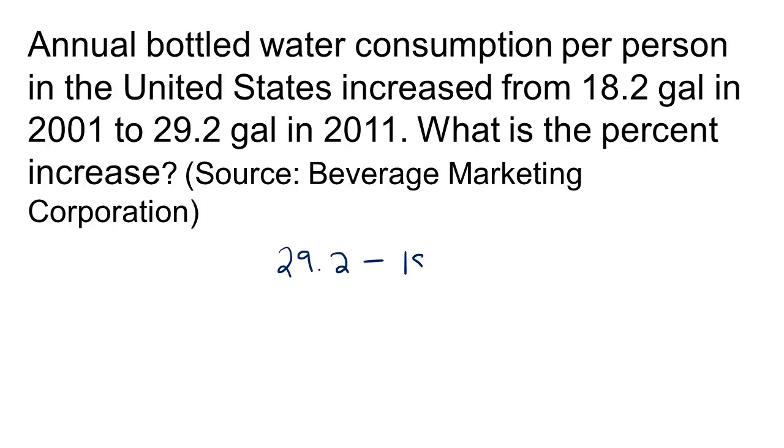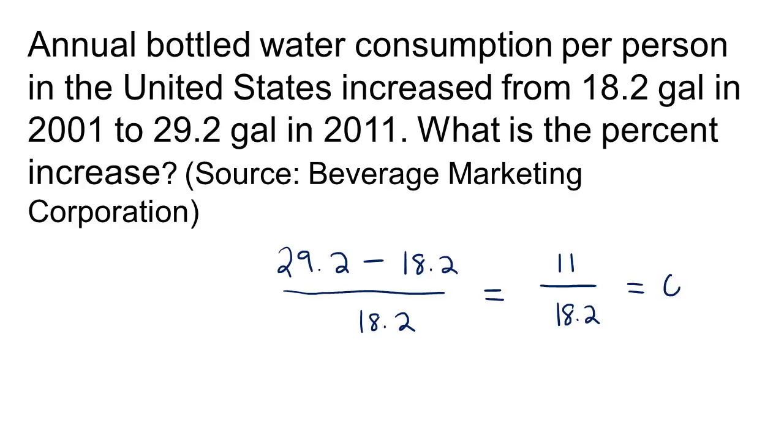value of 18.2, and divide that by the older value, 18.2. In the numerator, 29.2 minus 18.2 is 11, and we're going to divide 11 by 18.2. 11 divided by 18.2, rounded to 3 decimal places, is